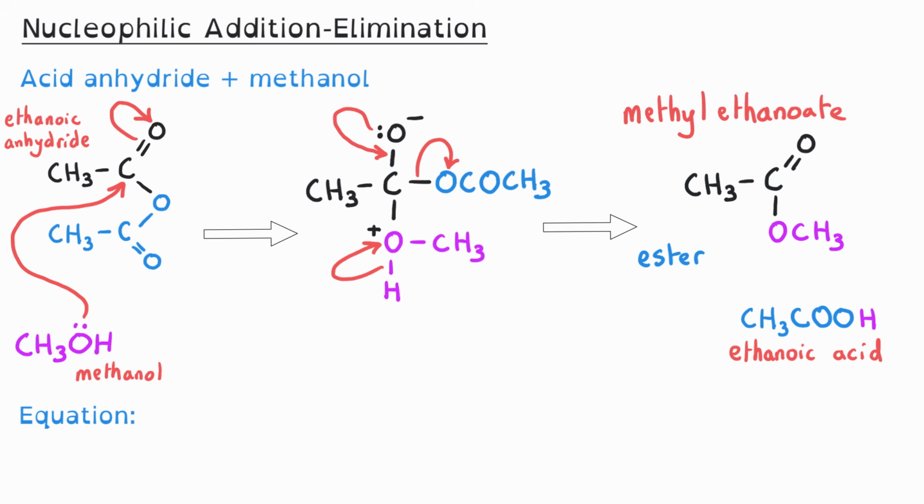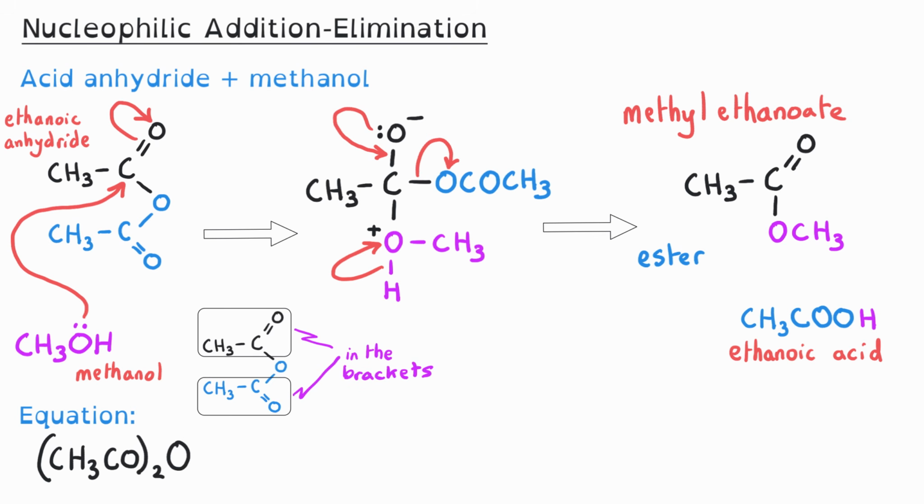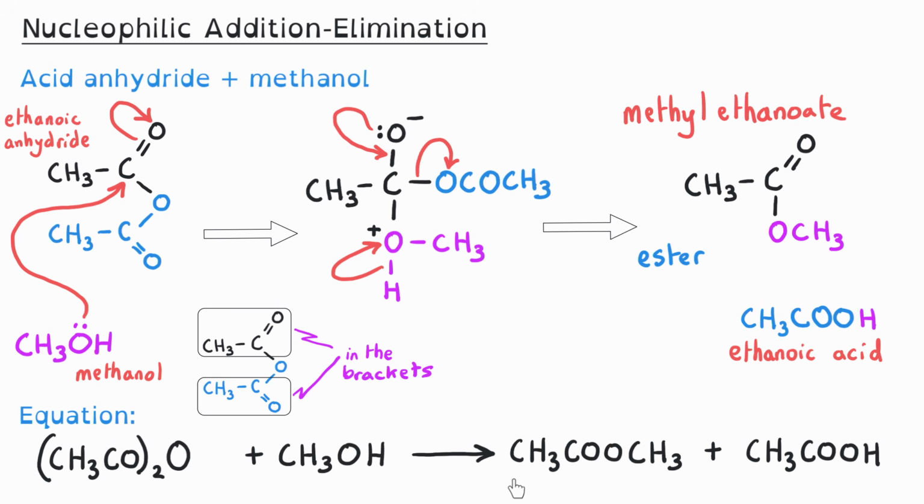And as an equation, the structural formula of acid anhydrides looks a little bit odd. What we do is we show the part of the anhydride that is duplicated inside brackets with a 2 after it, and the oxygen, which effectively bridges these two groups together in the molecule, is shown outside those brackets. And so this is the structural formula of ethanoic anhydride. And then it's reacting with methanol, and we produce our ester, methyl ethanoate, and our ethanoic acid as our second